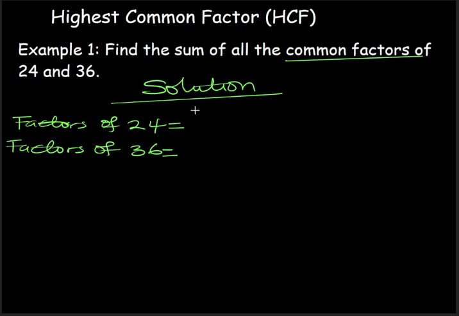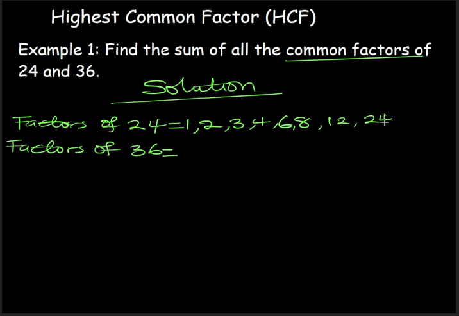We'll take these factors. Now for 24, we'll just list them out. We have 1, 2, 3, 4, 6, we have what else? 8, we have 12,